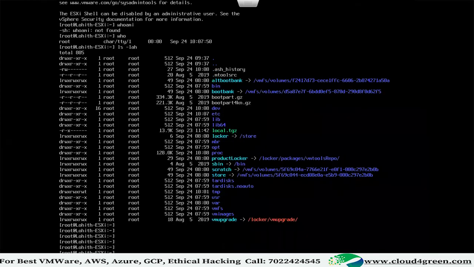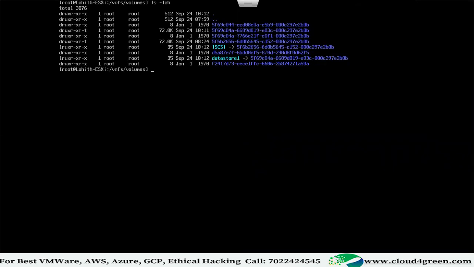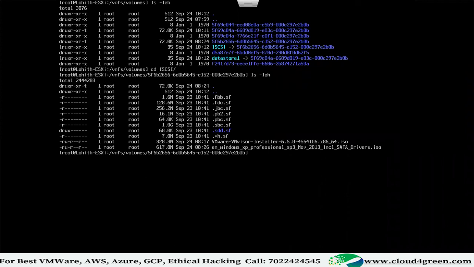Okay. Once you execute this command, you can type ls space hyphen lah. Can you see your datastores? One is iSCSI, the other one is datastore1. cd iSCSI, then ls space hyphen lah, and here I don't see a machine. Still, he is yet to create a dummy machine. Both of you have not created any machine.